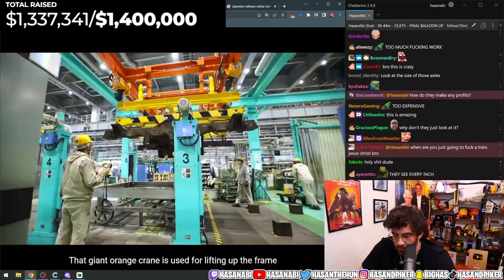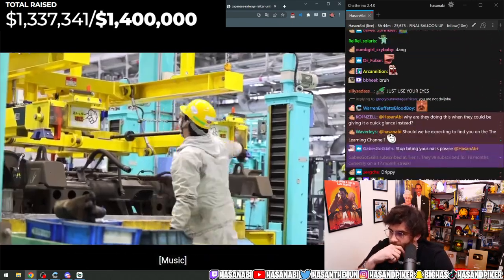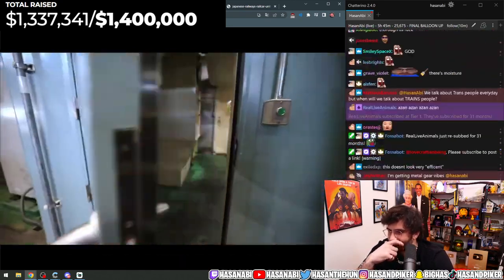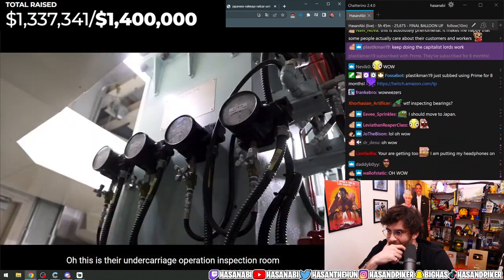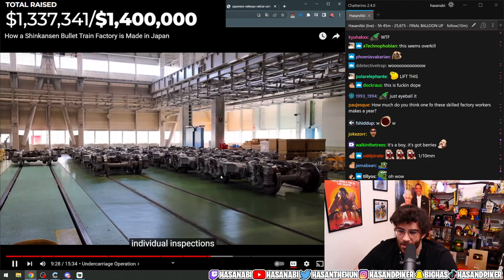Oh wow, that giant orange crane is used for lifting up the frame. Alright, let's see what's going on here. Oh, this is their undercarriage operation inspection room. Once all of the undercarriage components pass their individual inspections...